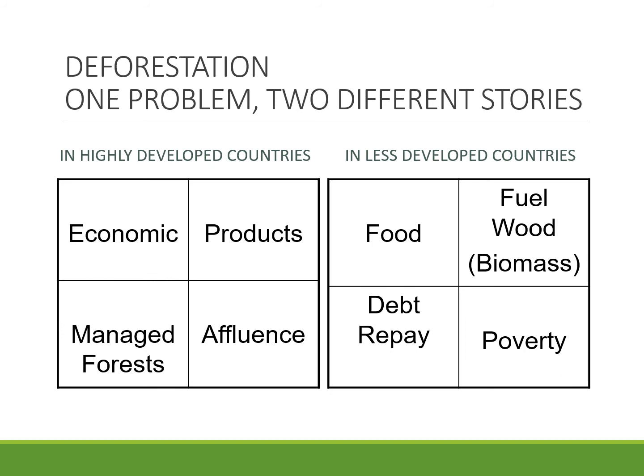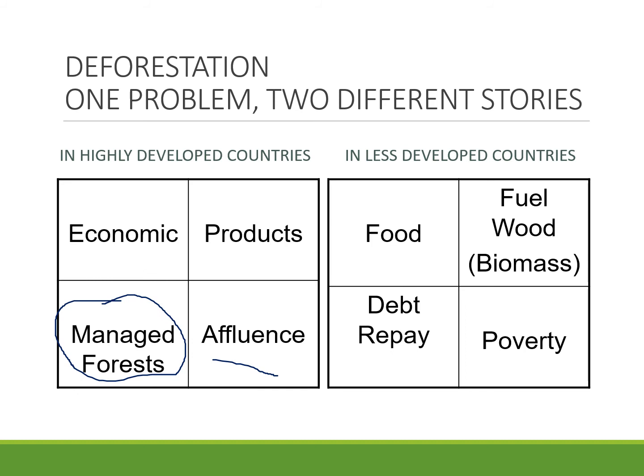So here in the United States, for instance, we're cutting down trees for economic reasons, right? Products. I want paper, I want pencils, I want to build a new house, I want a new table, right? So there's an economic incentive for companies to cut down trees and make those products for me because I want them. And that even ties into affluence, money, wealth. I've got the money to buy those things. And then in the United States, I did put this, we have more managed forests. There is some government oversight. There's some private ownership of land, and that land is managed. So that was maybe a little different.